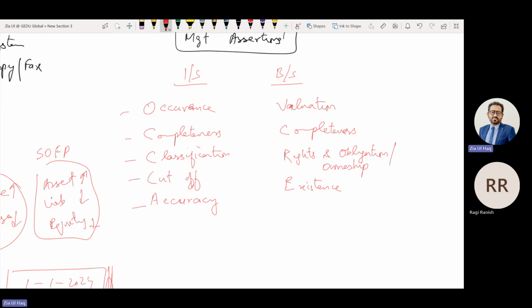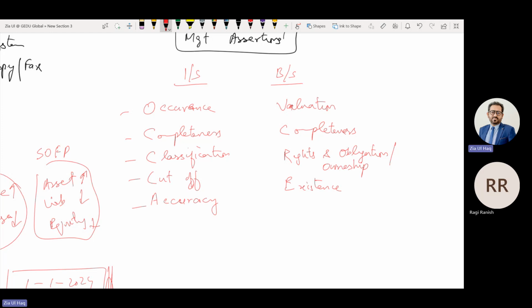How can we check the existence of assets? They are written in the asset register as a record. Physical inspection, we will physically inspect the asset. If 5 cars are written in the asset register as motor vehicles, we will inspect that the 5 cars are there in the company.